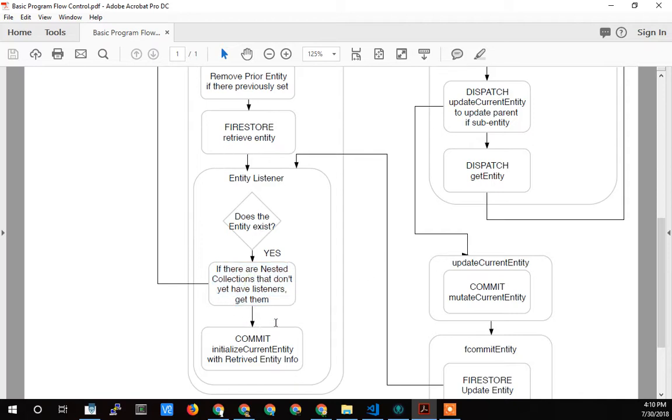So that's the process for the parent. The parent got updated, it came through, it loaded the child as part of its process, and then the child went through, it didn't need to do anything, it just loaded locally, and then so did the parent. So that loop kind of recursively happened there. So that was this step. And now we dispatch getEntity